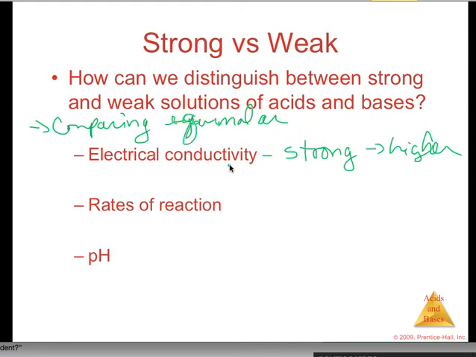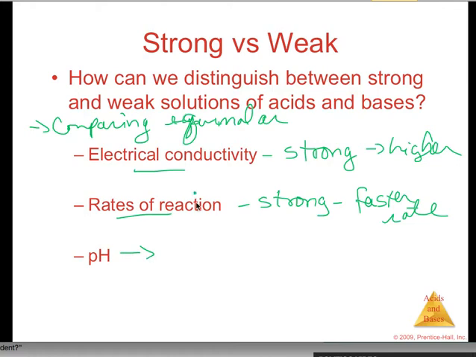So say for a 1 molar solution of hydrochloric versus say acetic, the hydrochloric is going to have a higher electrical conductivity. Rates of reaction: strong acids and bases are going to have a faster rate because they are already fully ionized. Okay, pH, again, comparing equal molar solutions, the pH for a strong